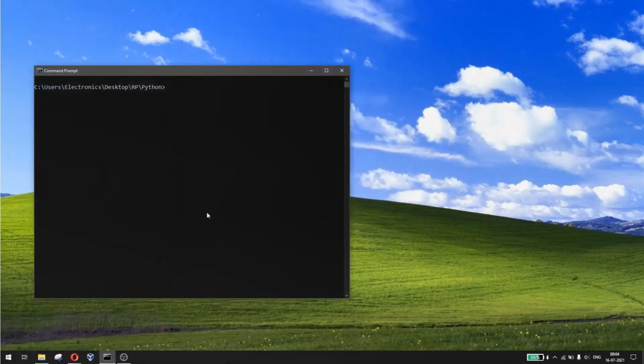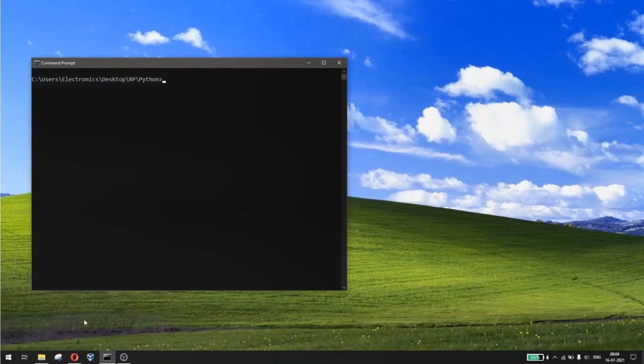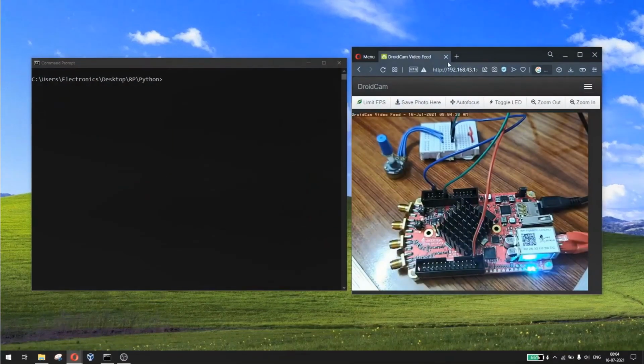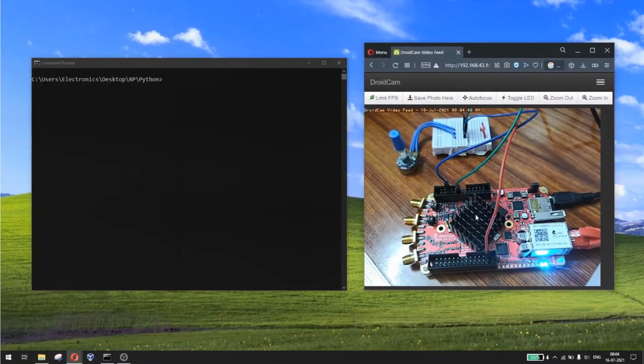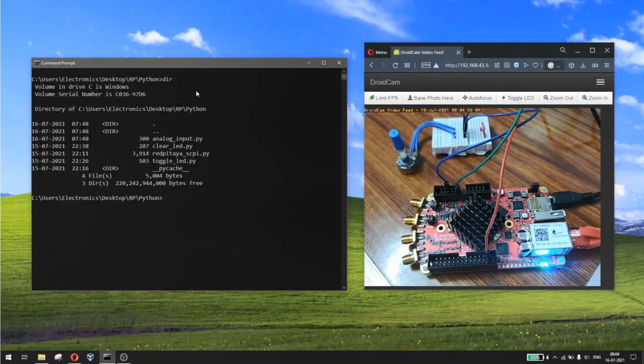As usual, you need to have the command prompt open in this window. Then let's have the camera also. As you can see, the redpit-IR is up and running. Now let's type the command. It is very simple. First of all, let's look at the directory. Yeah. So python, this file analog input .py, and then the IP address 169.254.184.93. As soon as I start running this, it will show the voltage read.